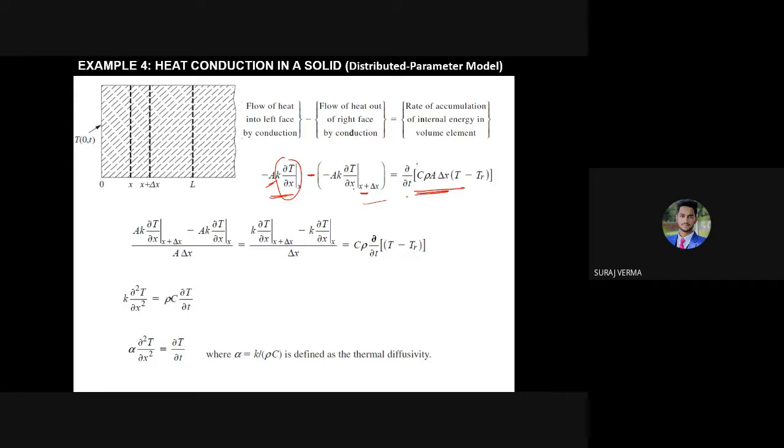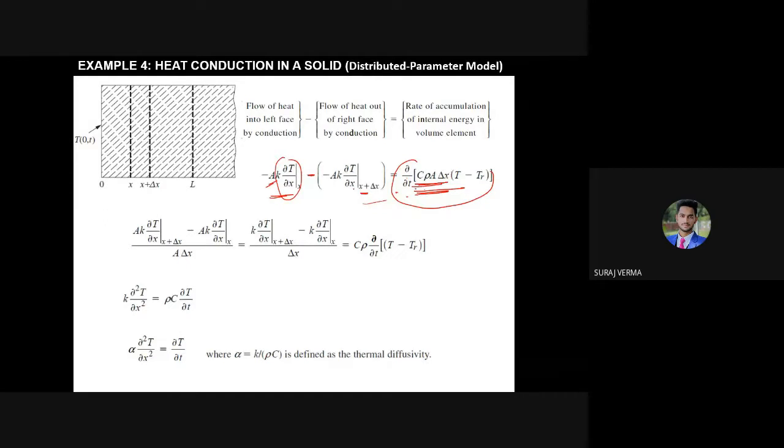It is okay. बस आपको ये करना है, d by dt of the same. Accumulation is in the rate of the time. d by dt है, temperature ही आपका d by dt हो रहा है ना. It is all written due to the balancing equation. Due to the balancing equation, A into delta X becomes volume. This is the density, mass upon volume. Volume cancel, and this is again joule per kg Kelvin. So Kelvin cancel, again becomes joule per second. Okay, so this is the balance equation, nothing else.